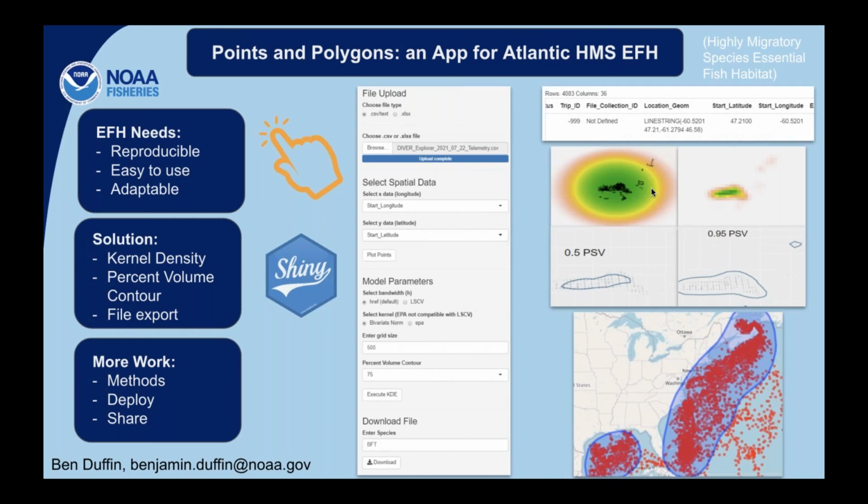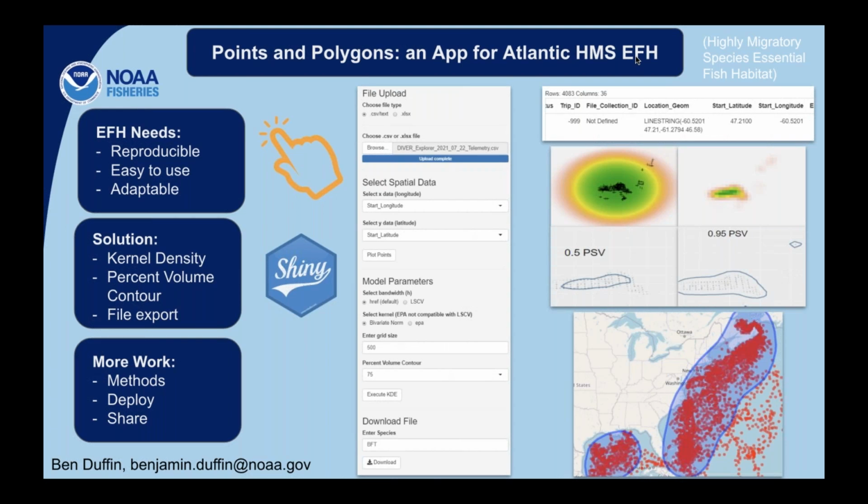And then, you've got different modeling parameters you can mess with to see how things will change if you choose a different grid size. And the middle picture on the right is not actually from the app. It's just demonstrating how the different parameters can affect your outputs and stuff like that. So moving on down the left side, the solution was, right, the Shiny app. Kind of got ahead of myself there.